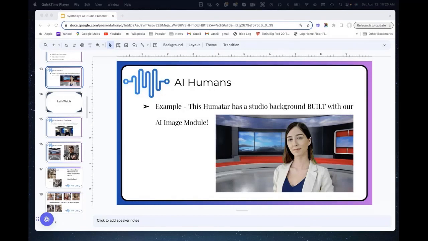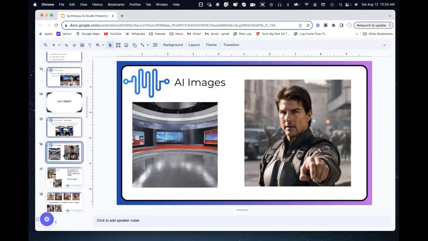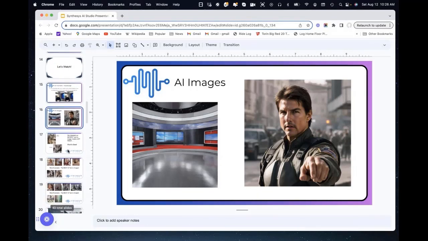We have something else, though, that really has tickled me because it's only in the past 8 days or so that this has been going on, and that is the unbelievable AI images that we have for you. Now, AI images is text to image, but it is way different than it was prior to last week. It was hard to get really great images right off the bat. Now, even celebrities. I just wrote Tom Cruise pointing at the camera, and that's what I got.